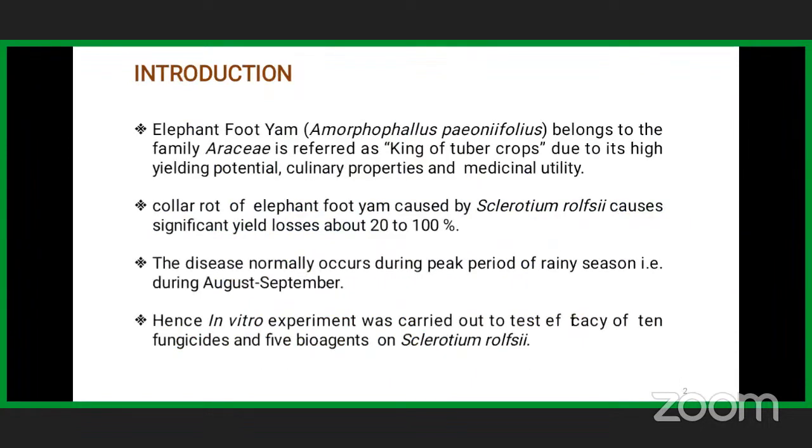Coming to the introduction of the crop. Elephant foot yam's scientific name is Amorphophallus paeoniifolius. It belongs to the family Araceae and is referred to as the king of tuber crops due to its high yielding potential, culinary properties and medicinal utility. Elephant foot yam is rich in carbohydrates, minerals, vitamin A and vitamin B. But in elephant foot yam cultivation, the major problem is the incidence of